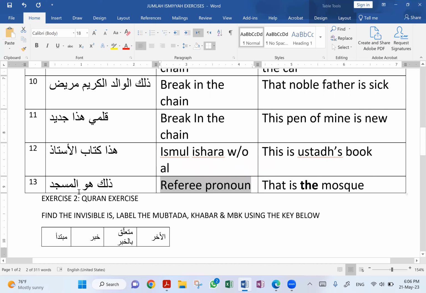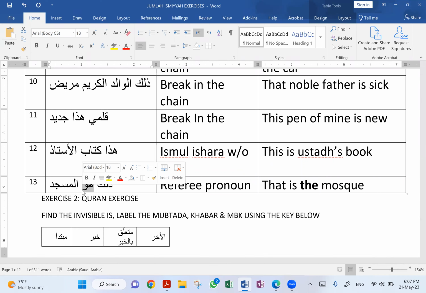And can you explain Zamirul Shan? I forgot what it is. So yes. Another thing is why we will not translate the huwa here. Yes, we don't translate the huwa. That's because the huwa is basically for emphasis. That's why I put this thing as bold. The masjid. Okay. And again, it's called a referee pronoun, because what it does is when you have